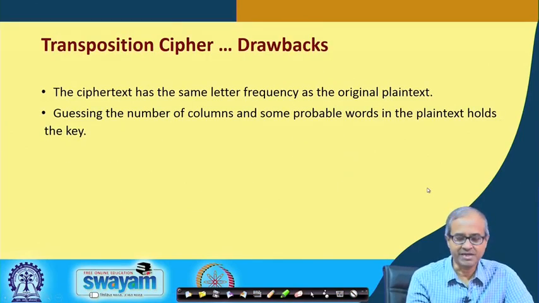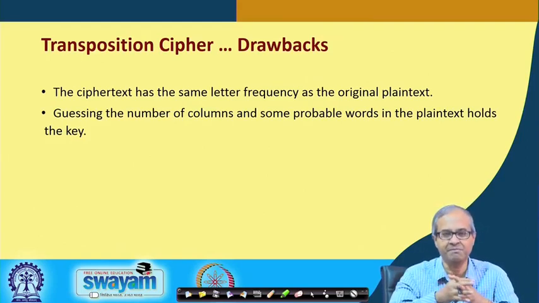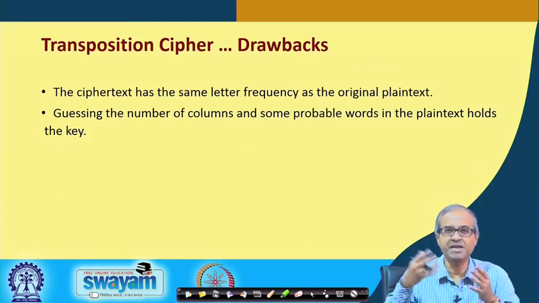So, these are the drawbacks as I said. We are not modifying or changing any letters, so it will have the same letter frequency as the original plain text. Guessing the number of columns, as I said, and some probable words will make breaking this code very simple. Okay. So, these are not practical ciphers, but if you combine many of them, these are typically used,